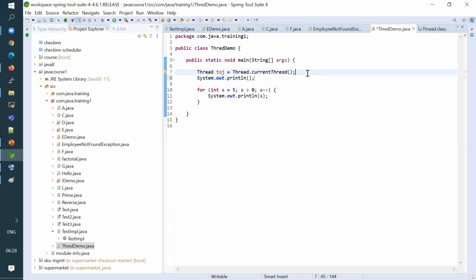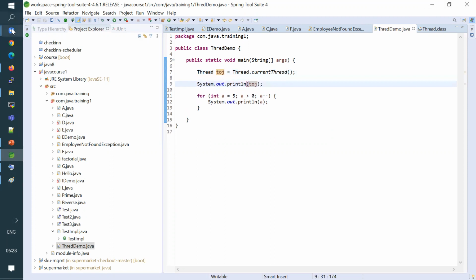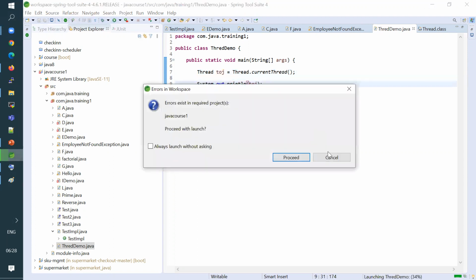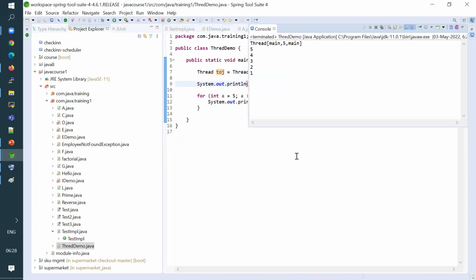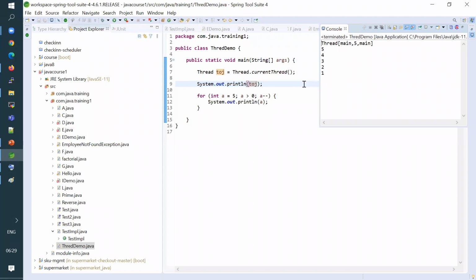What does it say? This is basically giving main, which is nothing but the name of the thread.